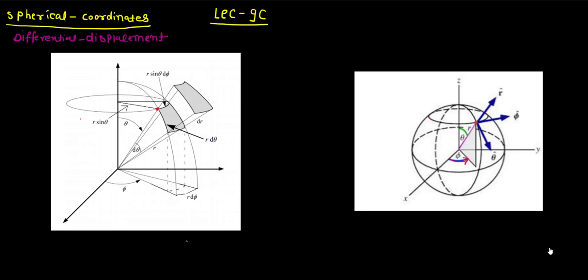Now if I am moving in the direction of r, see the direction of r is this, so I will be moving along the radius. Let's say I am moving in the direction of r cap. Now I can represent this length by dr, and this vector would be simply dr multiplied by the direction r cap. So this is the dr vector, but we are considering only the magnitude here. We just want to find the length of the displacement, or the magnitude of the displacement vector.